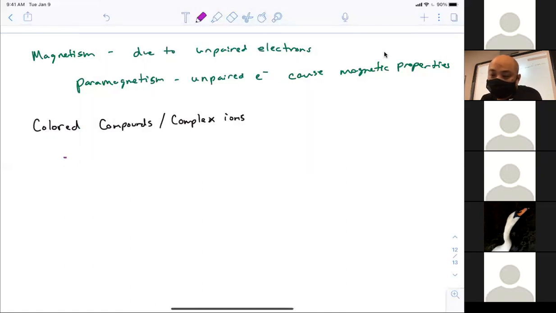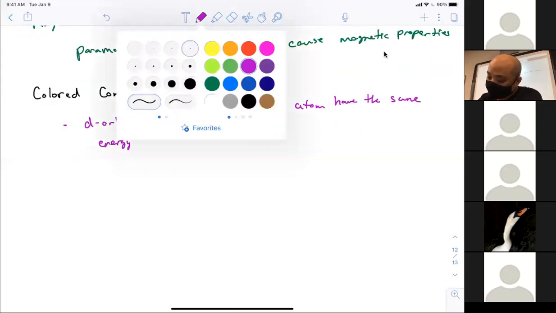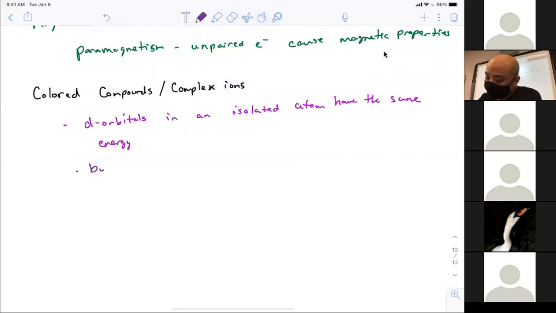What you need to really understand here is that d orbitals in an isolated atom have the same energy. Just like every p orbital has the same energy in a sublevel, they're the same. But when in a complex ion,